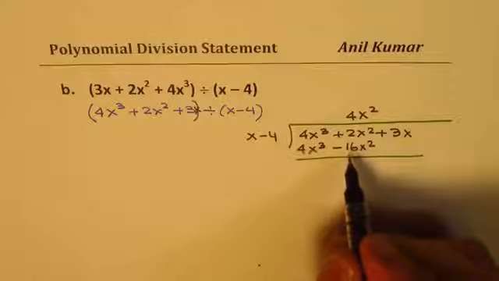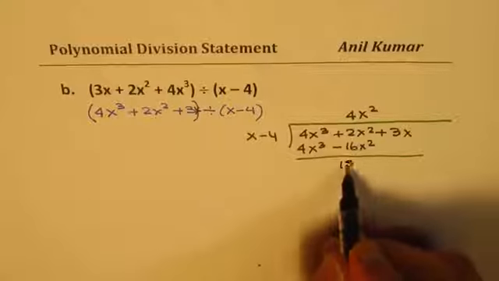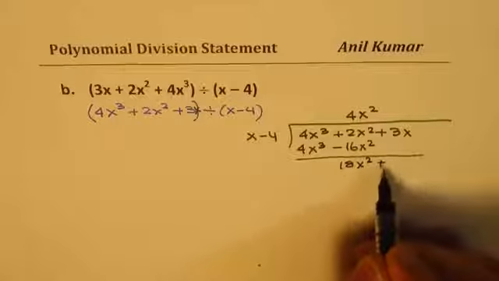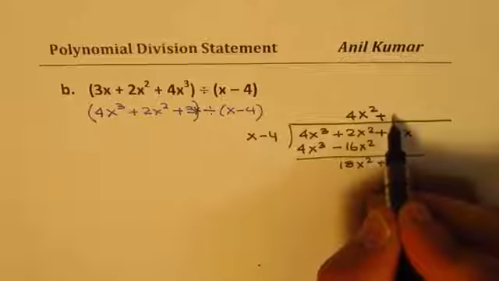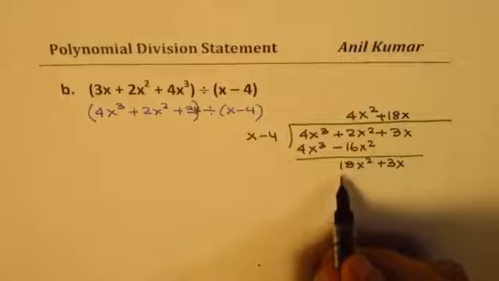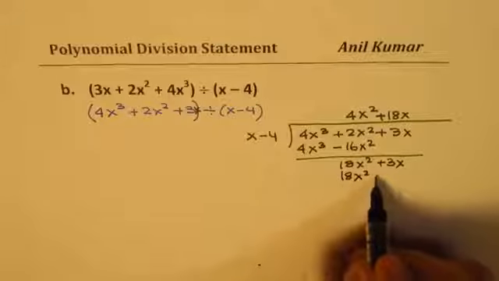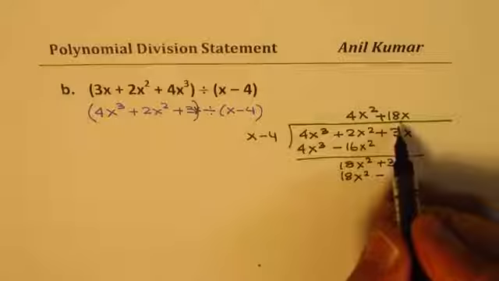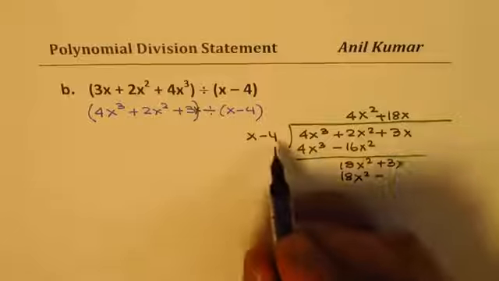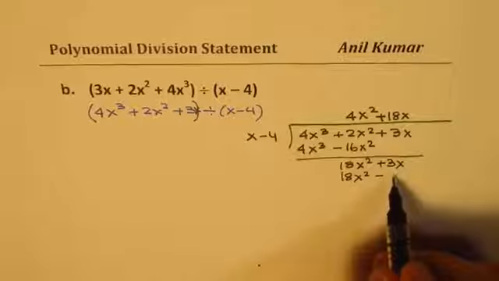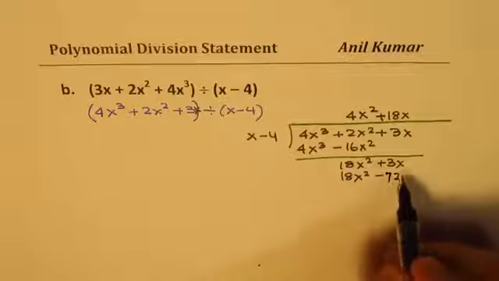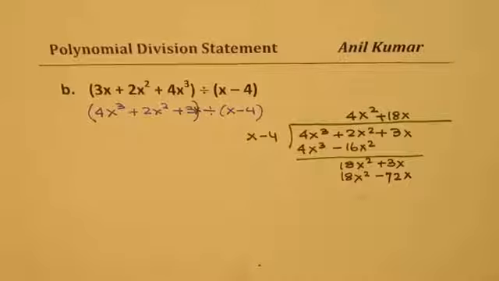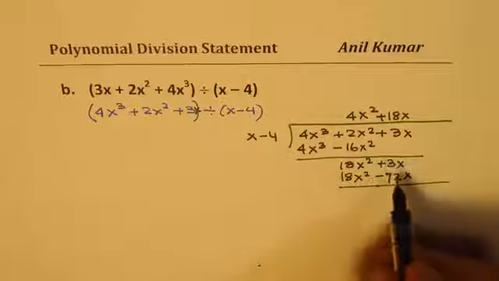So when you take away, this becomes positive. So we get 18x squared, bring down 3x. Now we need to multiply by plus 18x. So that gives you 18x squared minus 4 times 18. So 4 times 18 is 72, right? And we get x. Take away 18x squared minus 72x. So we get here